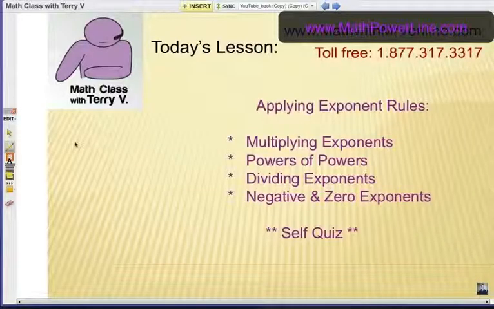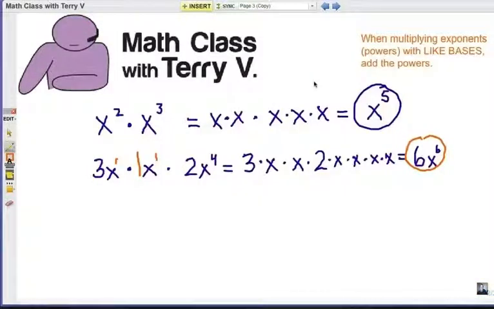On to today's lesson. This is the second video in a video series, and it's about applying exponent rules. In the previous video we talked about multiplying exponents. We're going to continue with that with another problem set. And just to remind you, in case you missed that first video,